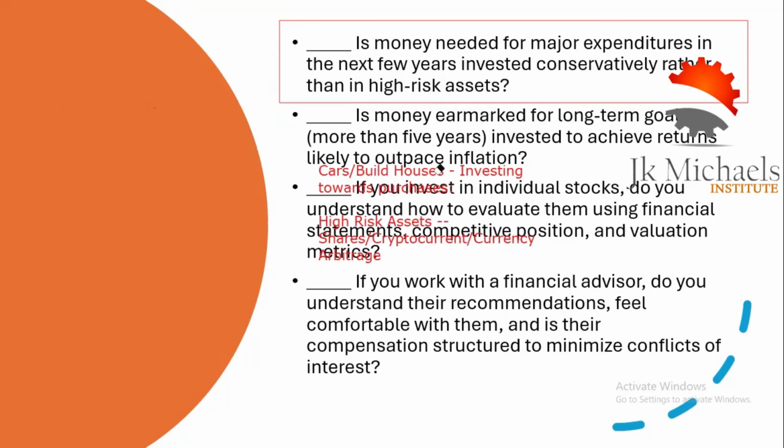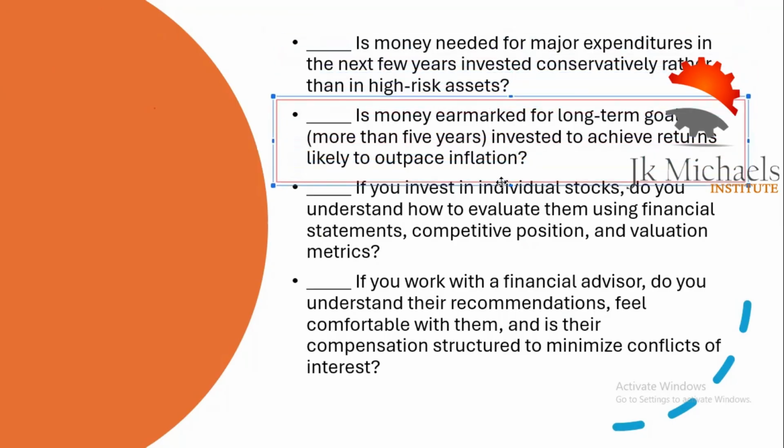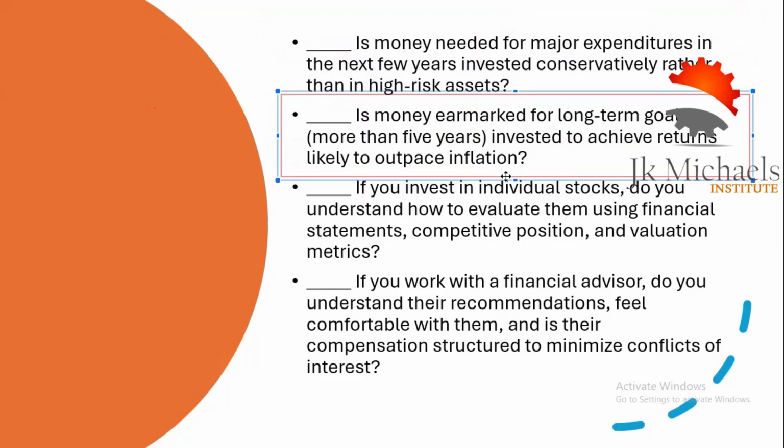You want to ensure that the money you need for major expenditure in the next few years is invested conservatively. Is money earmarked for long-term goals, which is more than 5 years,